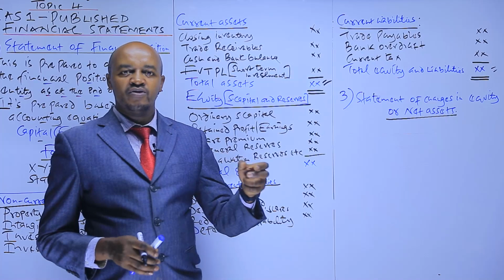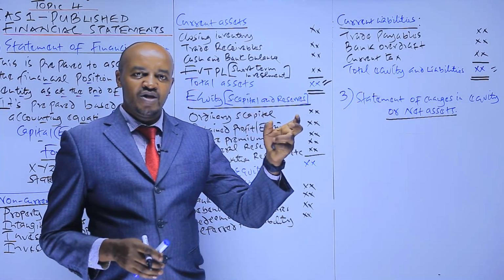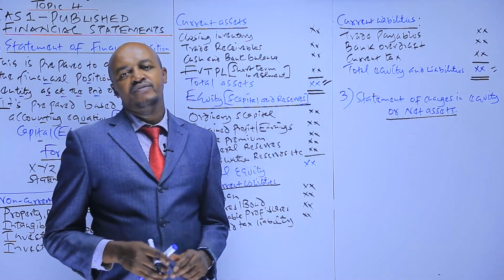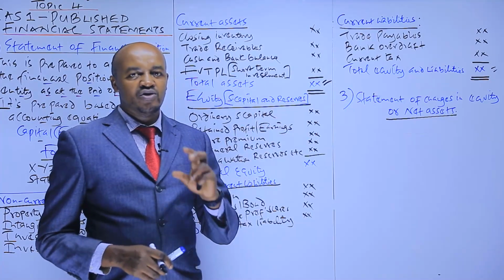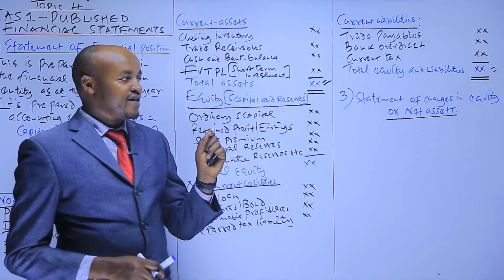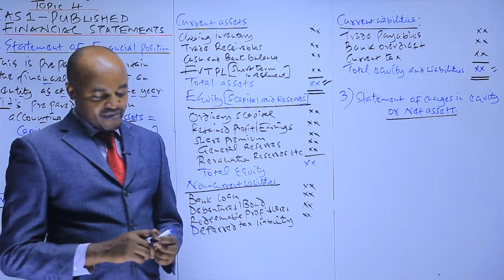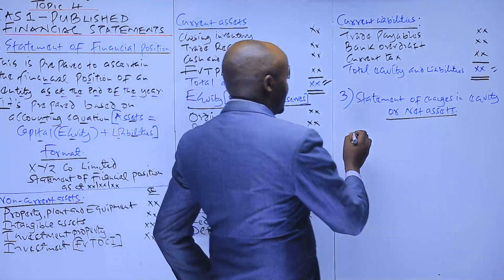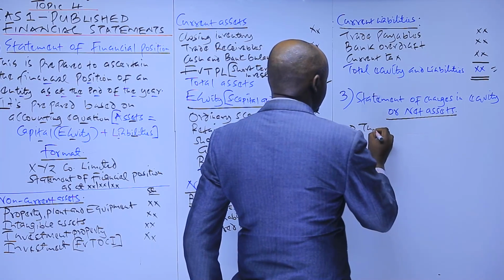If the ordinary share capital of the company at the start was 20 million and at the end of the day is 50 million, why was that change? You can only get that particular explanation from what you refer to as a statement of changes in equity. So that's why we are saying that this is prepared